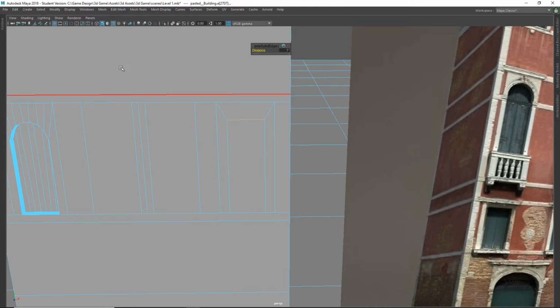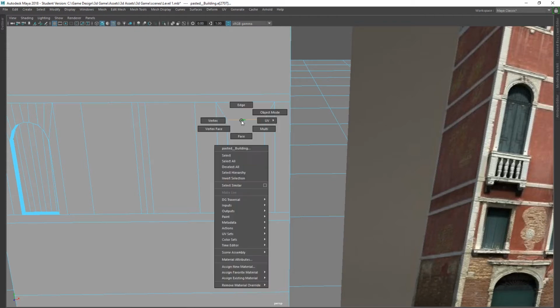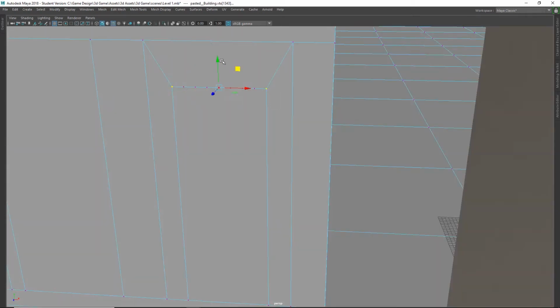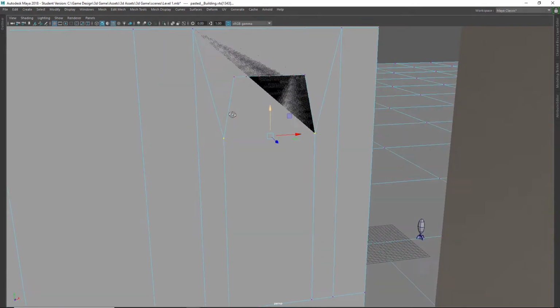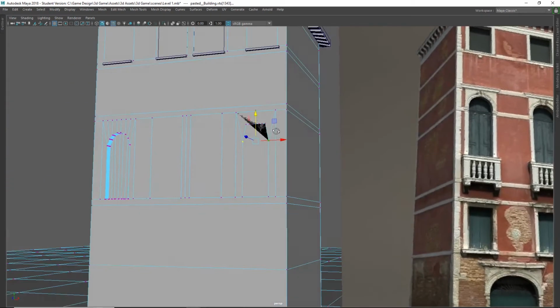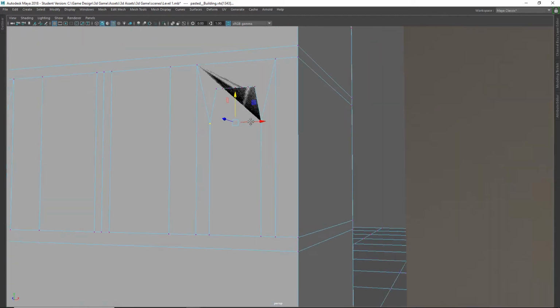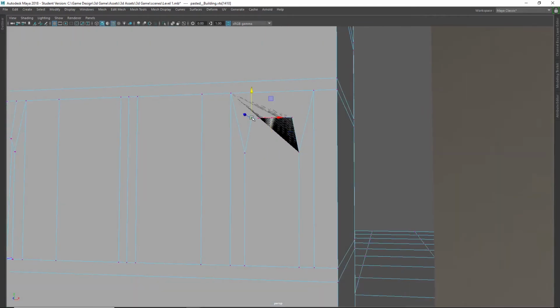and I will go back to Q. And now you can see we have 7 selections here. So if I go to Vertex mode, there they are. Okay, just going to select these and move them down. As you can see, we're running into some big problems here, and this is a huge problem. And it's going to happen to you when you're modeling, so it's okay that it happened to me. We'll see if we can't fix it and solve it together. So I'm going to continue moving these into place,